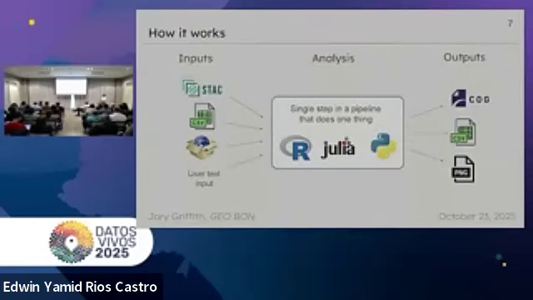And so a little bit about how BON in a Box works. BON in a Box runs analysis pipelines, which are a series of scripts, and a script is just a single step in a pipeline that does one thing. So it's this modular approach where you break your workflow into modular steps that can hopefully be reused in other contexts. This can be a script written in R, Julia, or Python. It has defined inputs and outputs that are in standard file formats. And because they're in standard file formats, different scripts in different languages can be mixed into one pipeline.